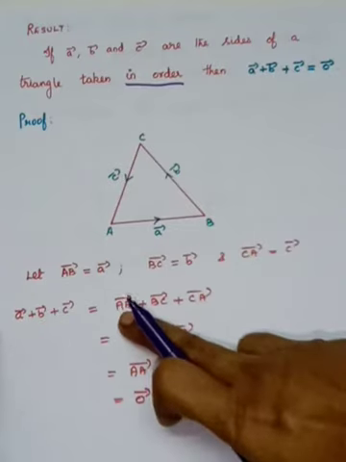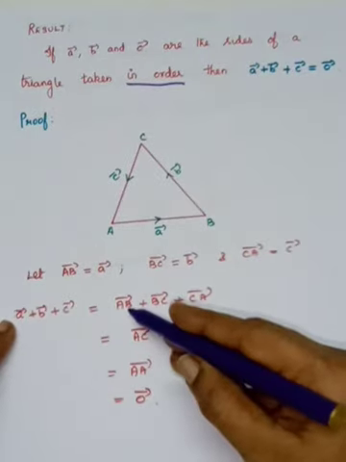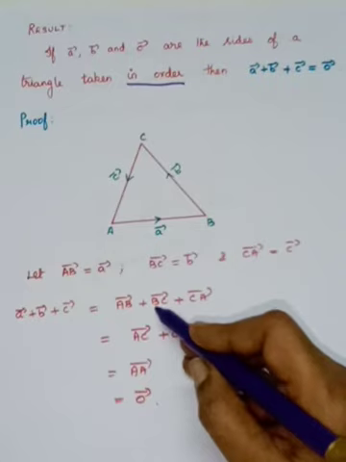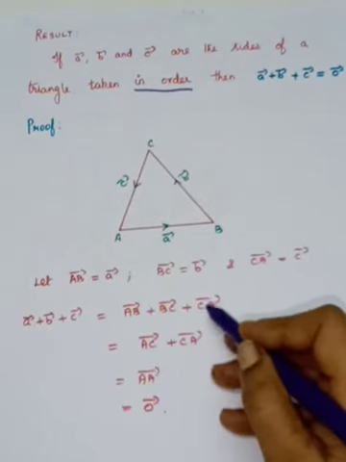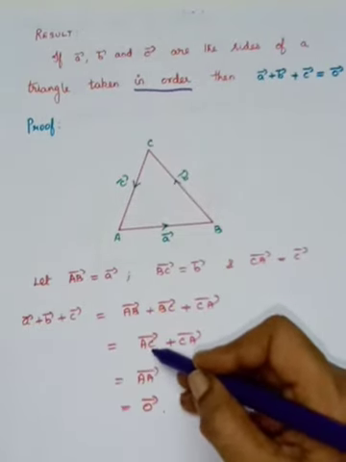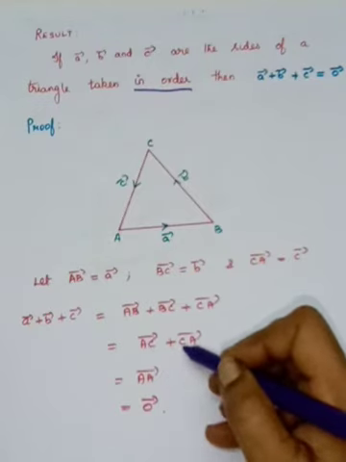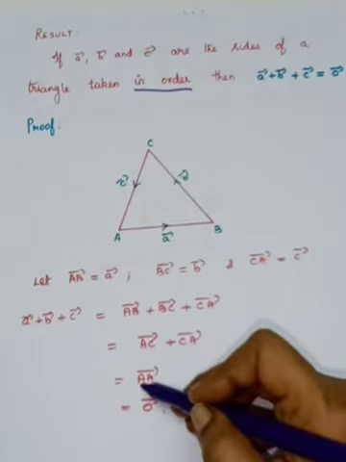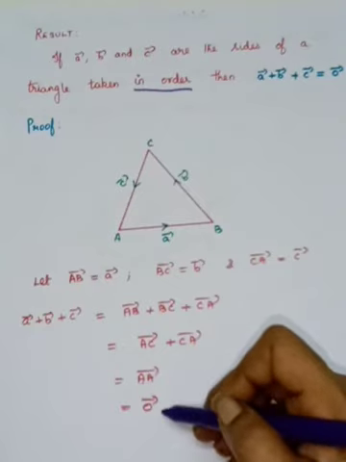See that the first two vectors, if you add using the triangle law of addition of vectors, the terminal point of the first vector coincides with the initial point of the second vector. So what is the resultant? Here it is AC vector. It is then added with CA vector. Here also the terminal point C coincides with the initial point of the second vector. So what is remaining? A, dash, vector. See, the initial point and the terminal point coincide. That is nothing but the 0 vector.